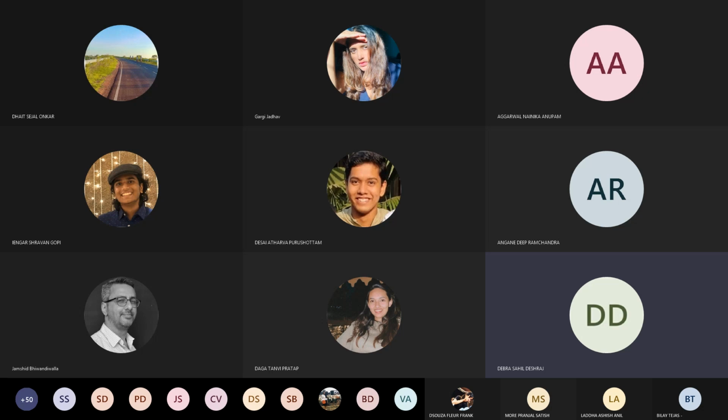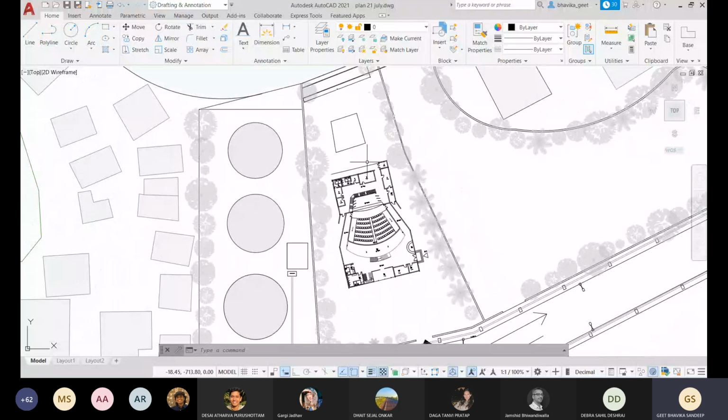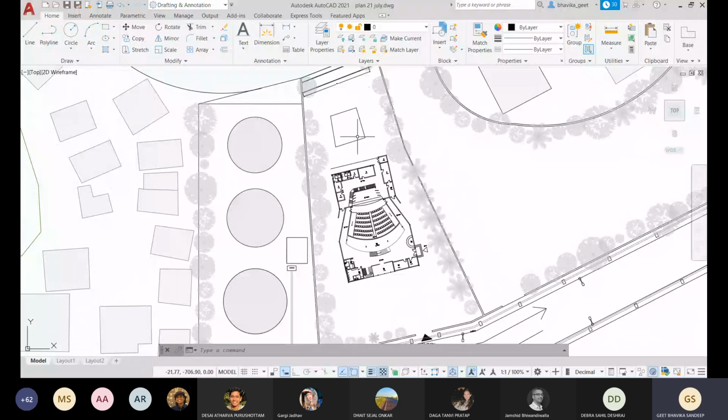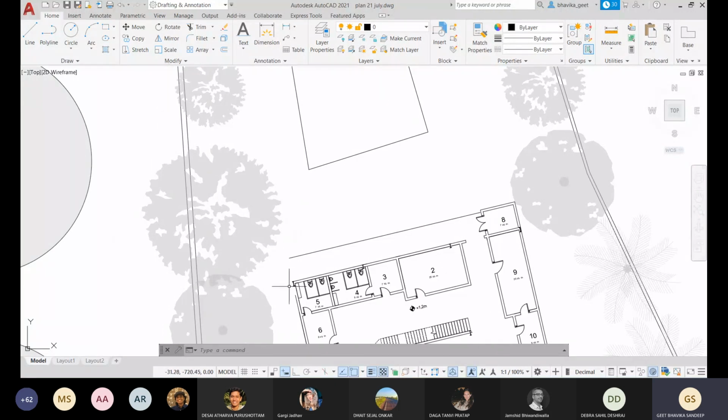Okay, thank you. Yes, Bhavika. I had a doubt about setting out plans, so I'll just share my screen. Is the screen visible? Yeah. My site is uneven and there is a small structure here, so I thought I'll use one of the corners of this as a datum point for the setting out.